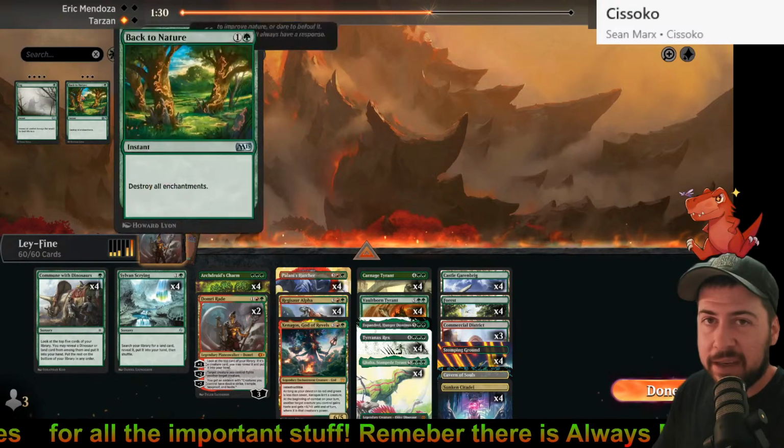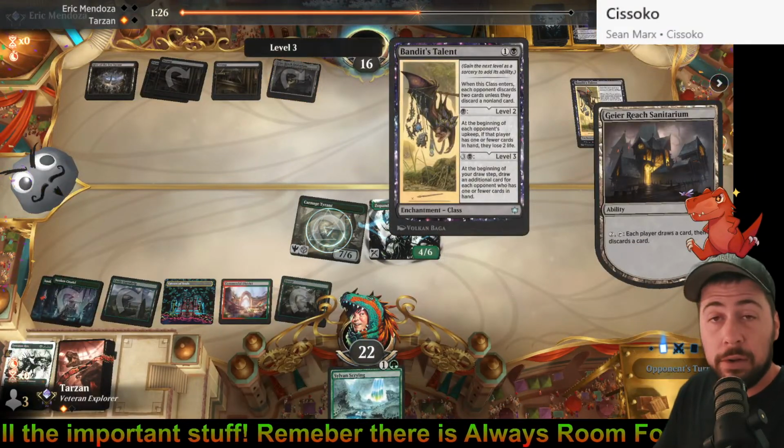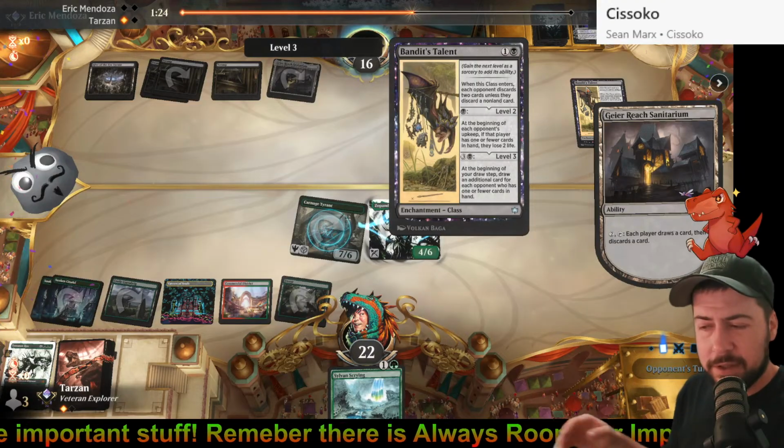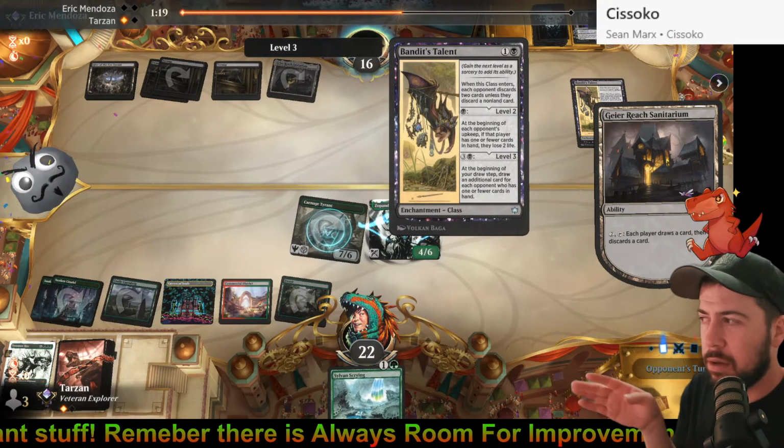But I do kind of like that Back to Nature, destroying not just the Waste Not enchantment, also Bandit's Talent, which can really chip away quite a bit. Losing 2 life, draws...